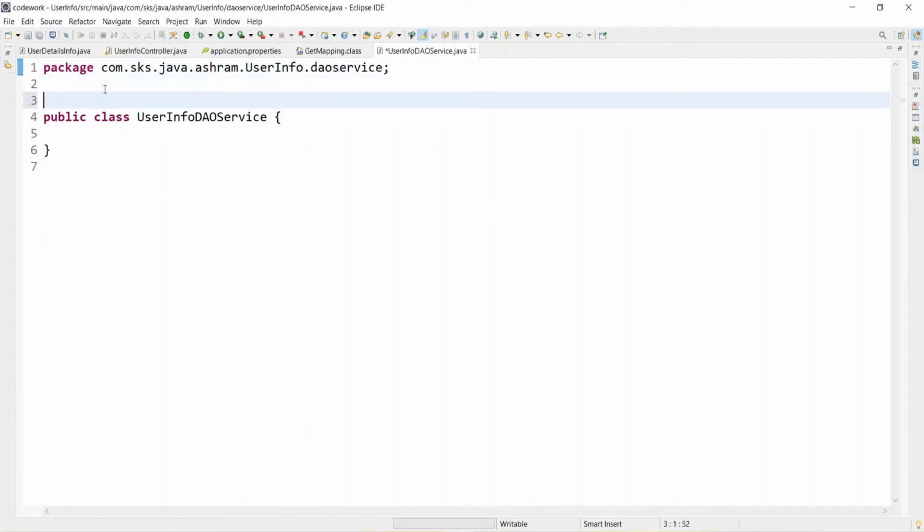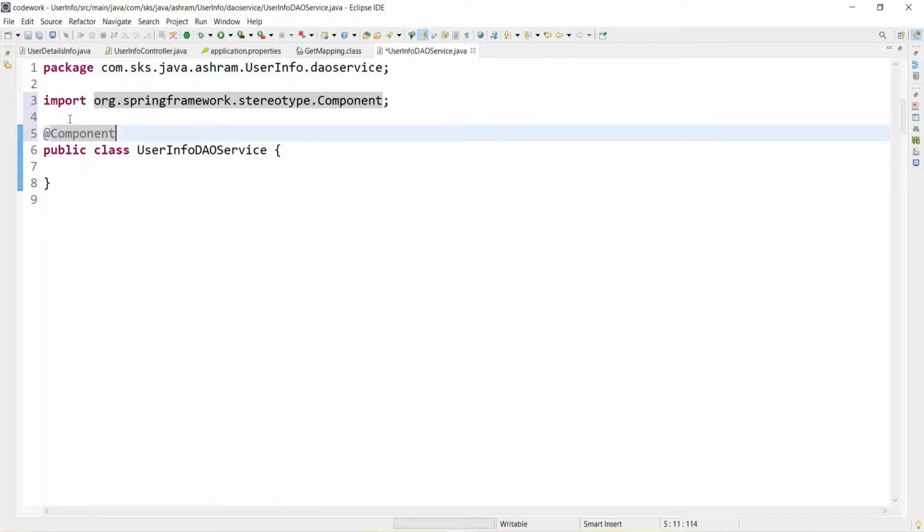So if we are creating a DAO, you would normally use the Repository annotation, but currently we are not going to interact with the database. Later we'll enhance this class to connect with the database, but currently we want this class to be managed by the Spring container. So for that, let's use the Component annotation.